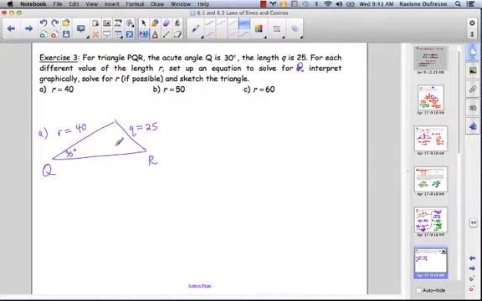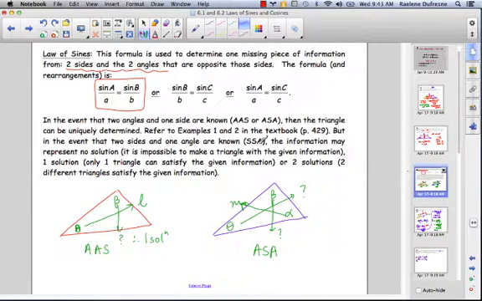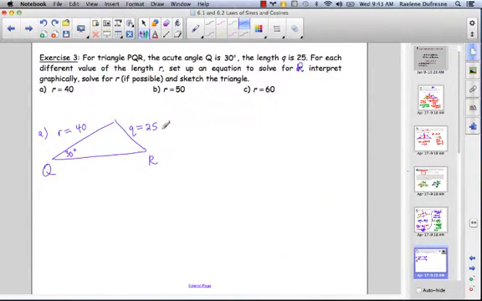So here we have angle side side, or going back 2 slides, we have side side angle. In the case of side side angle, we may get no solution, one solution, or 2 solutions. And exercise 3 will explore those 3 possibilities. So using the sine law, or the law of sines, we can solve for angle r as opposed to side